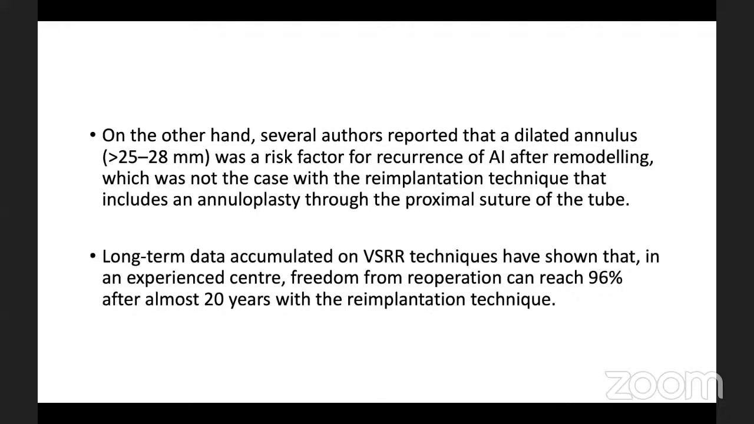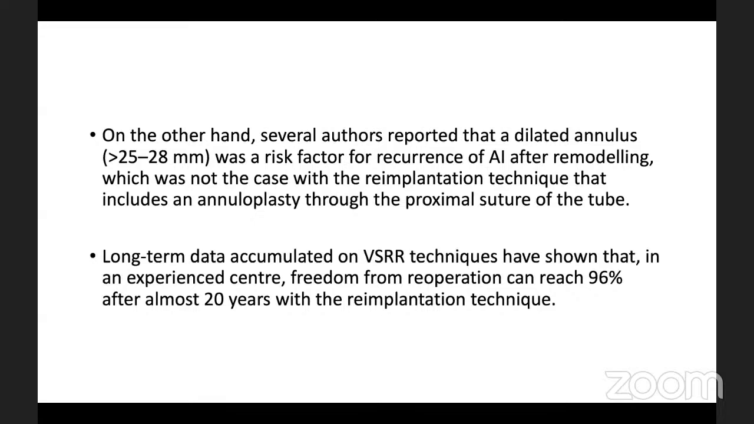And several authors reported that a dilated annulus, if it is more than 25 to 28 millimeters, is a risk factor for recurrence of AR after remodeling, which was not the case with the re-implantation technique that includes an annuloplasty through the proximal suture of the tube. The long-term data accumulated for valve sparing root remodeling technique